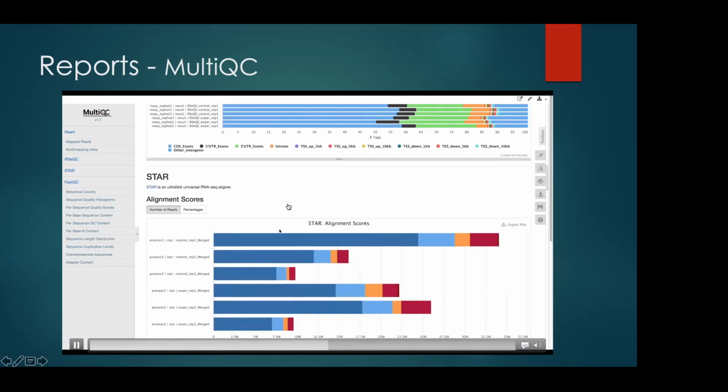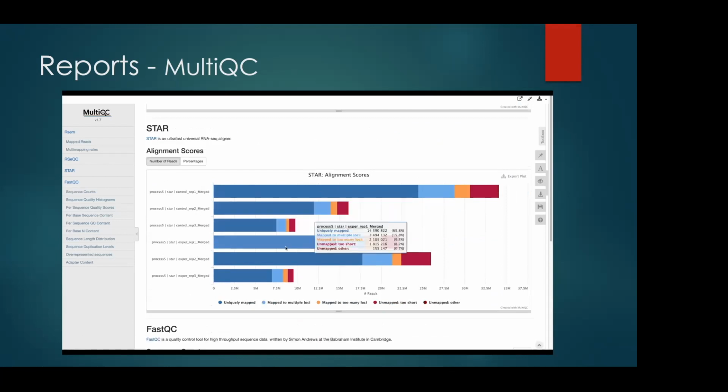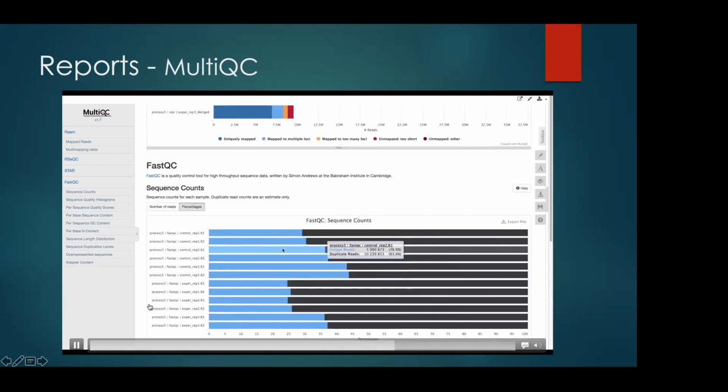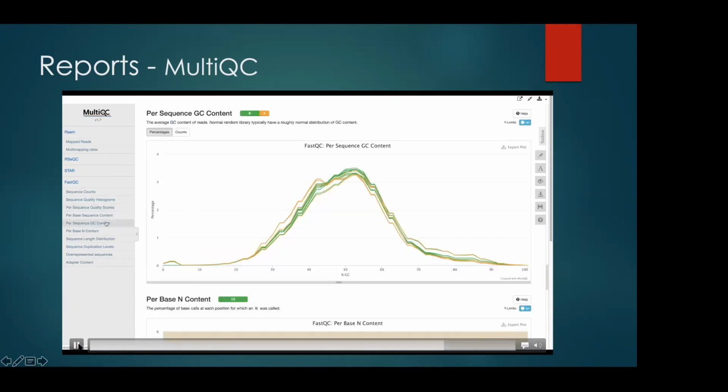Similarly for the STAR alignment, I can see their results. And for the FastQC, we have a bunch of different reports. And the nicest thing is, as you can see, all the files are in a single graph. And when there's an outlier, this tool is going to show you that this